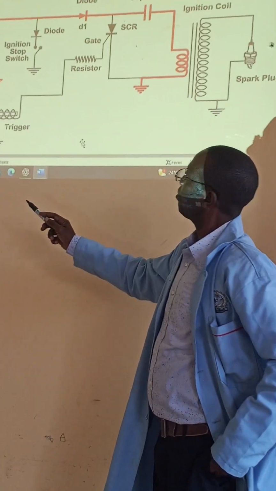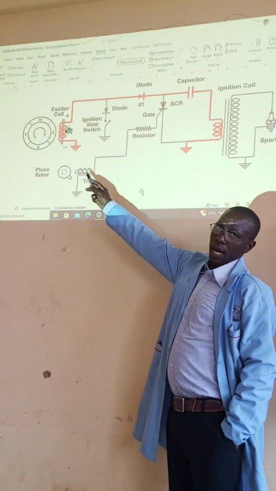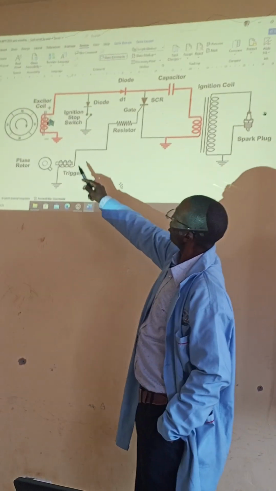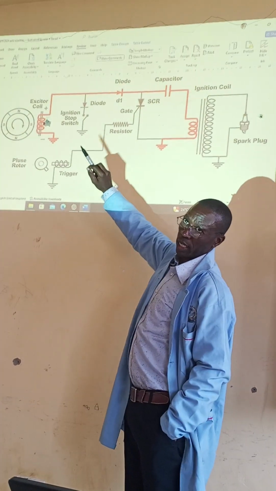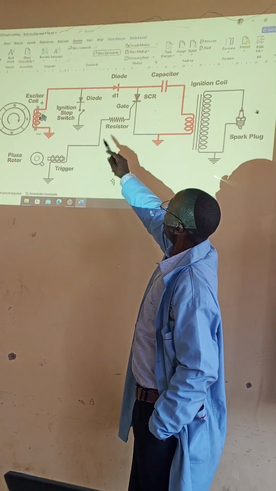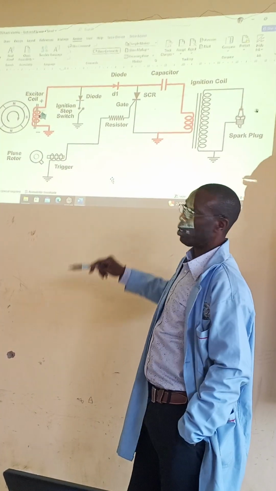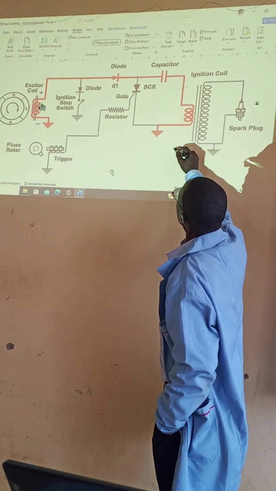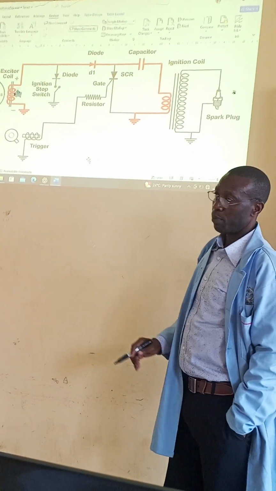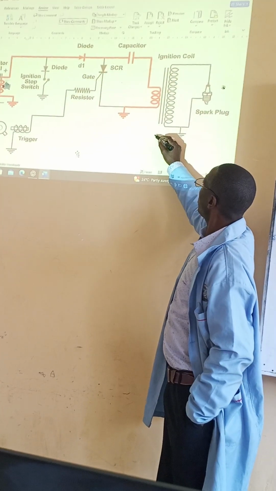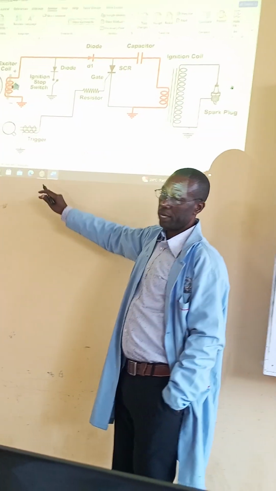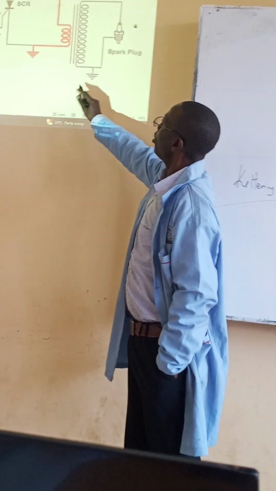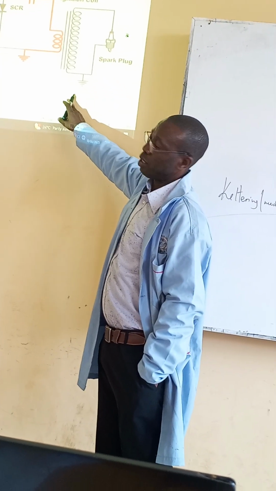Whereby we have a distributor here, which is a trigger of current that is going to be distributed through a system, whereby we have the ignition switch, and then through the diodes, which will allow current to pass in only one direction, and then coming in through the capacitor here. A capacitor is a component that can store some energy. Then we come to the ignition coil here that is going to produce 12 volts from the battery to almost 20 to 30,000 volts, which is going to come to the